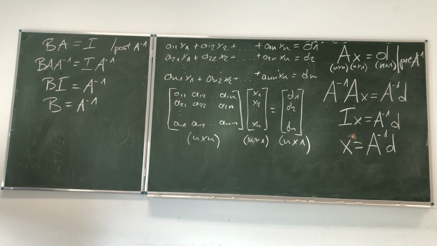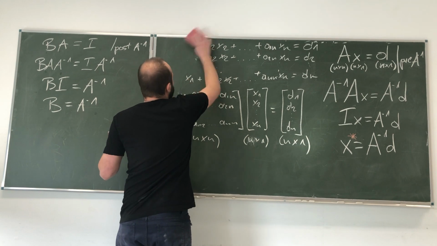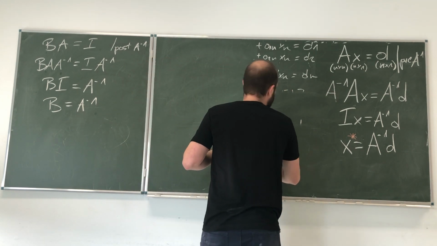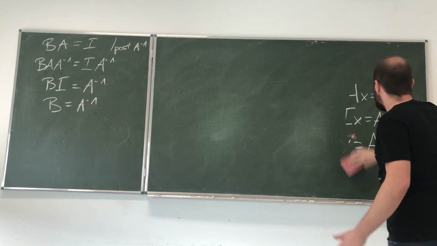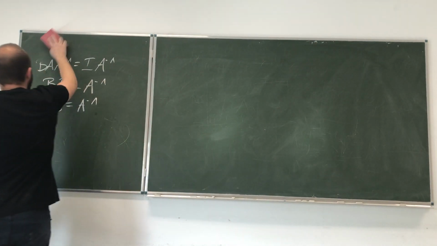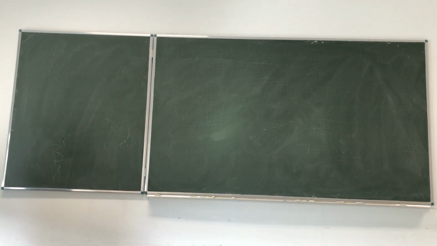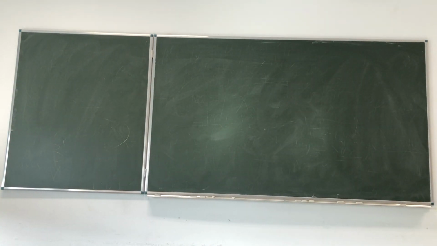Well, let me explain why it is like that. And of course, I cannot give you an example of a system with n equations and n variables, because that would be really hard to comprehend. But we can do just the same thing using two equations. But we will also use some knowledge that we gained